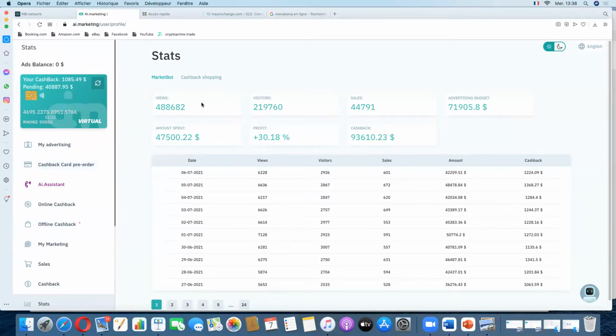Now look at the work that the robot has done for me since 7 months. With the money that I gave it, the robot made up to more than 500,000 advertisements. And these are the views that I have. These are people who have seen my advertisement: 488,682 views. People who have visited, they clicked on it to see what it was about. 219,760. In sales, I got 44,791, which brought me